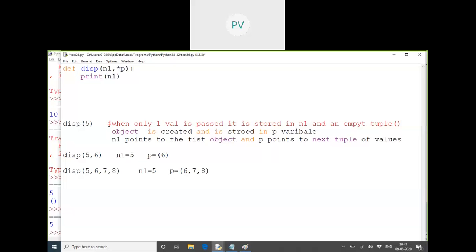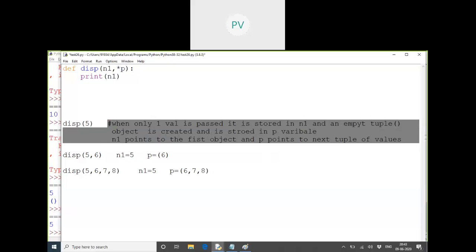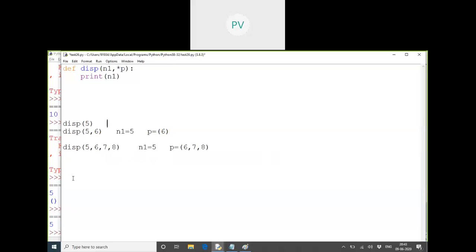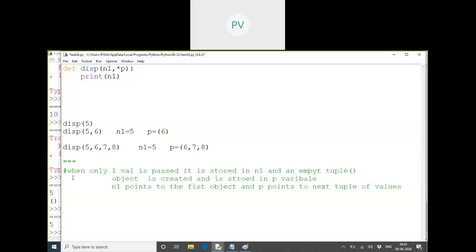Let us see the output once. Python is very easy as compared to Java, but the only thing is we have to understand the topics well. Otherwise, confusion. Because here we are not mentioning anything explicitly, we have to understand everything on our own. Okay. Now, what will be the output of the first line? It only prints N1 the first time, right? Is that clear for the first one?